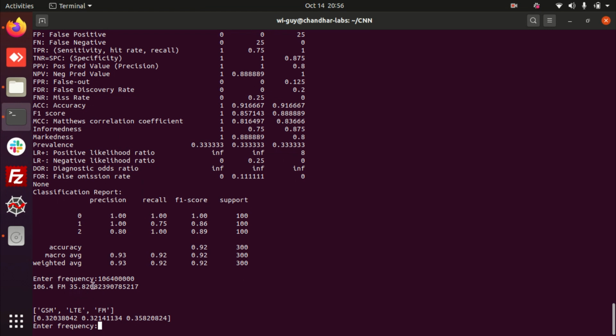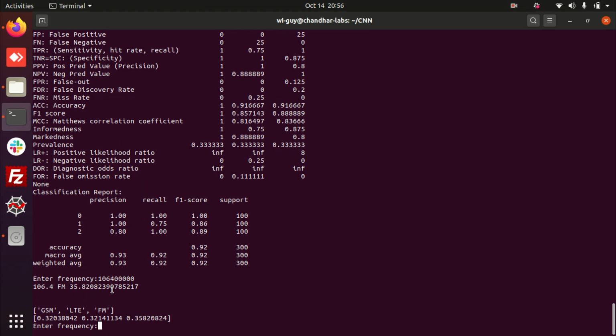If you want to increase the probability, you need more samples. Since we wanted to run the simulation faster, we trained for just 100 samples, that's why we got a very low probability of predicting it is an FM signal. If you increase to 500 or 1000 samples, this prediction probability also increases and will reach more than 90%.